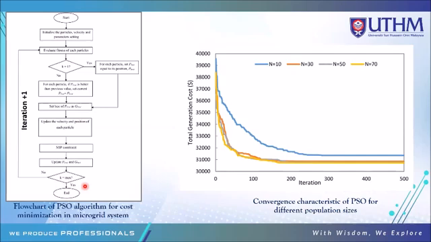For example, look at this figure. We have iteration 1, iteration 2, until iteration 500. Look at this blue line. Let's say we have set our population size equal to 10. At iteration 1, this is the value of the objective function, let's say 40,000. At iteration number 2, PSO tries to find the minimum solution and gets a minimum objective function, let's say 38,000. At iteration number 3, it tries to minimize further,